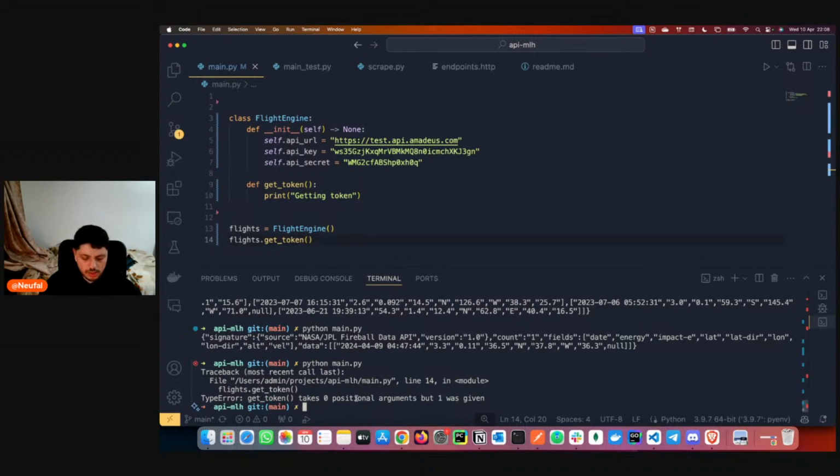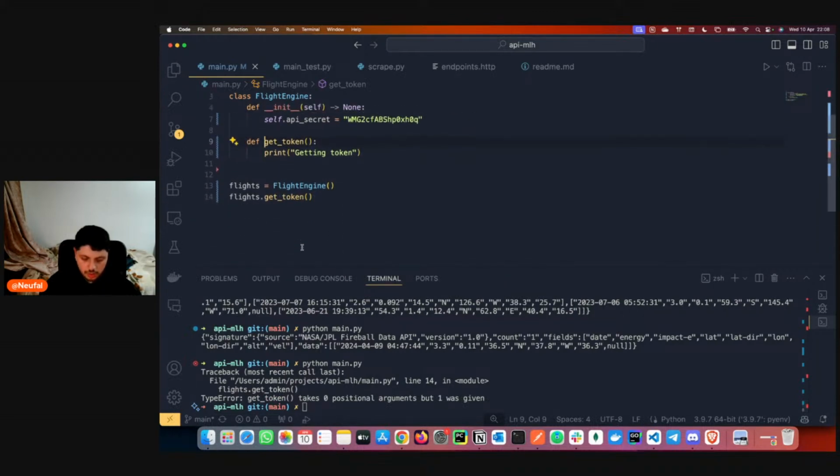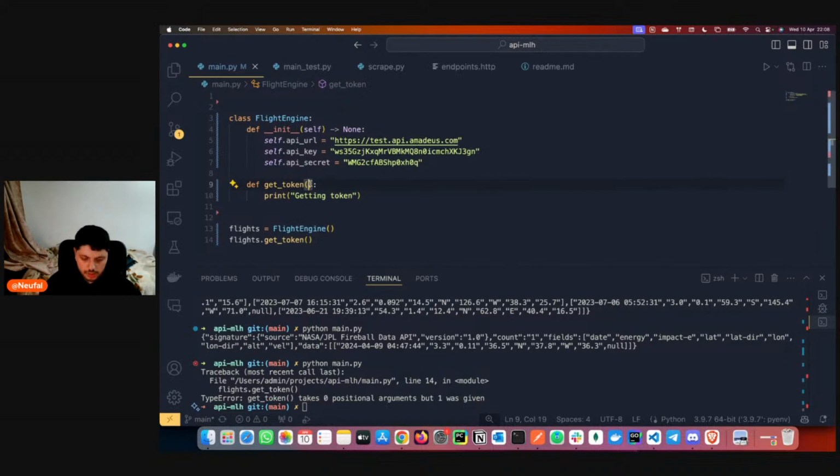Huh? What? Flights.get token should work. Get token takes 0 positional arguments, but 1 was given. What was given? I don't know.